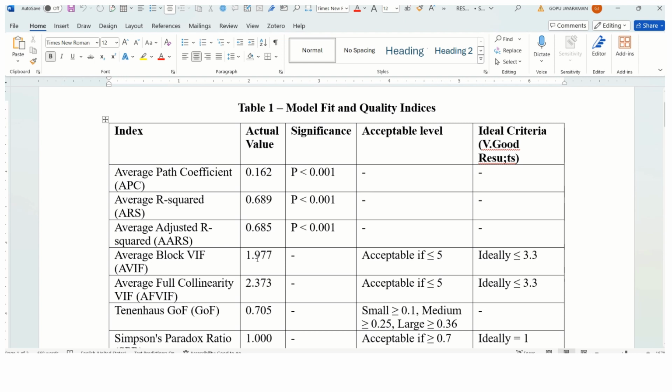1.977. So it is very good results. It is less than the ideal level of 3.3. Average full collinearity issues, AFVIF value